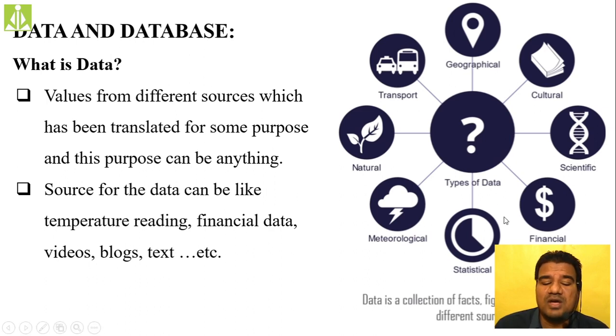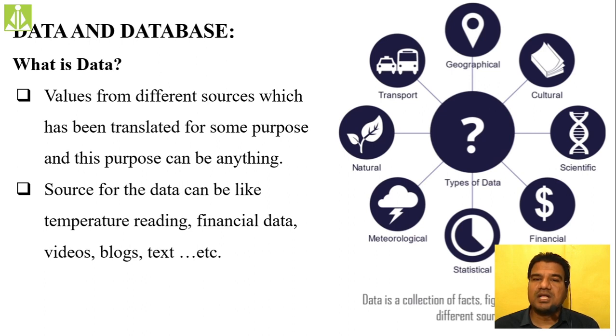Here I have given the different types of data we can have. This is just an abstract view; we are not discussing it in detail. First, geographical data: all over the world, what the borders are, what the countries are, what the capitals are. That sort of data we call geographical data. How the temperature at a particular location is increasing or decreasing, rainfall in a particular region, the winter season in a particular region, all those are geographical data.